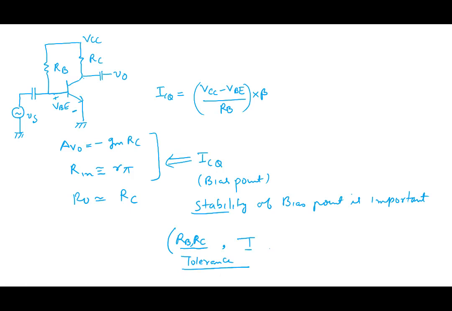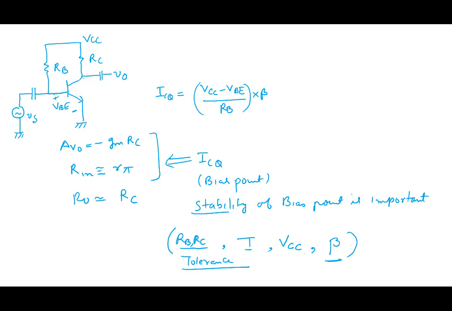And supply voltage, for example, any change in supply voltage will cause the bias point to deviate. But one of the most important points that we were discussing was beta. When we go from one transistor to the next, the beta varies a lot, and this is a problem that